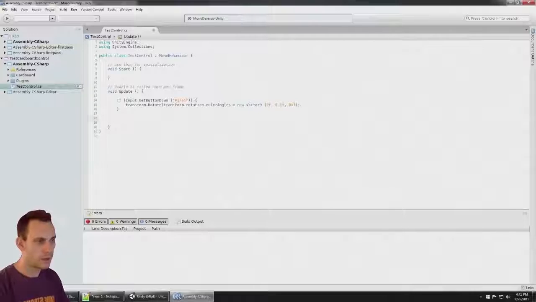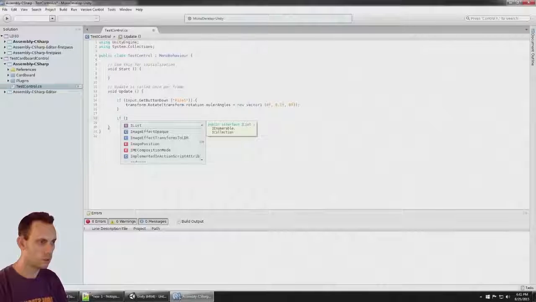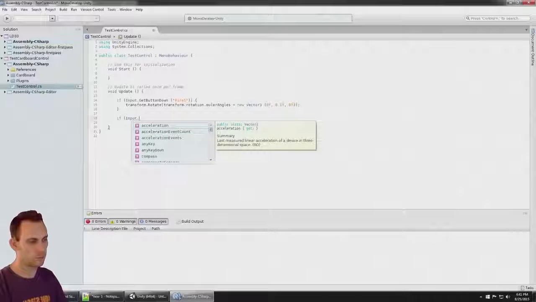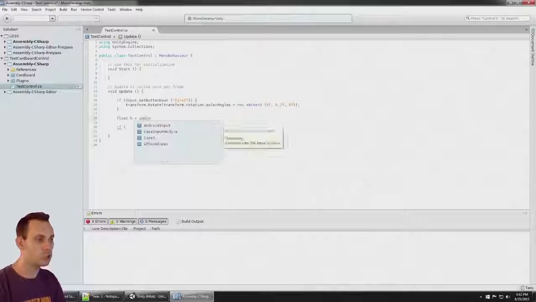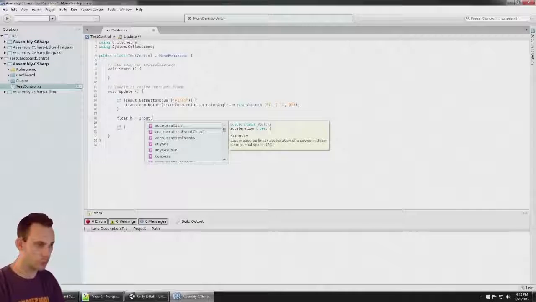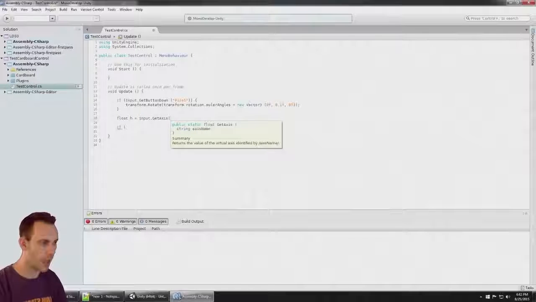So now I'm going to just get some movement. I'm going to say if input dot, but it might be a little bit smart just to get an H for the horizontal. So we're going to say Input.GetAxis, and we're going to ask for the